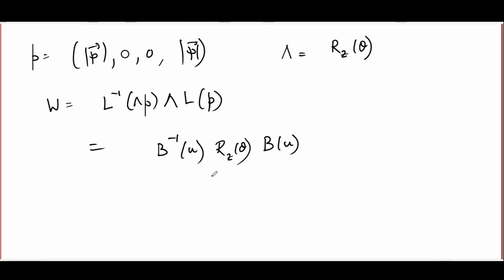This is a similar transformation, but we don't really have to calculate this out explicitly. All we notice is the following. B of u is a boost along the z-axis, so it has absolutely no effect on the x and y coordinates. It just mixes together the t and the z. Rz theta, on the other hand, leaves t and z unchanged, just mixes up x and y. In other words, these two operations actually act on an entirely different set of coordinates, so it's easy to see that they commute. And because they commute, the B inverse, you can just cross Rz theta and you're left with